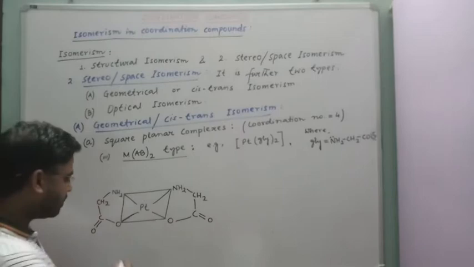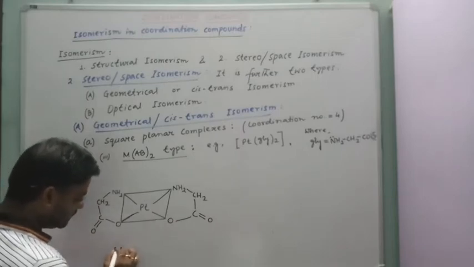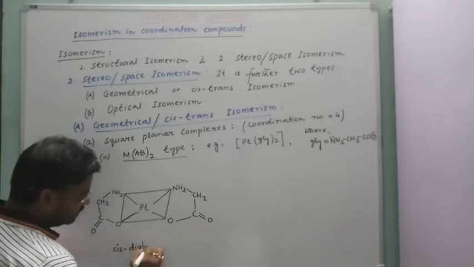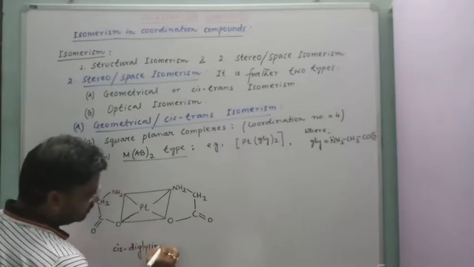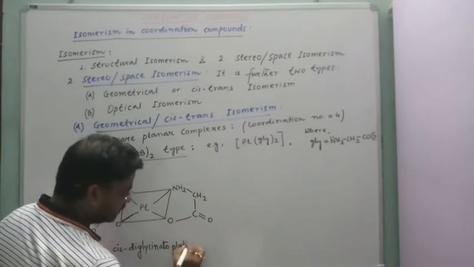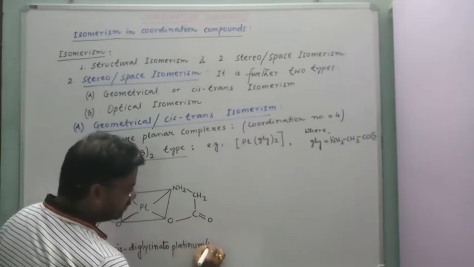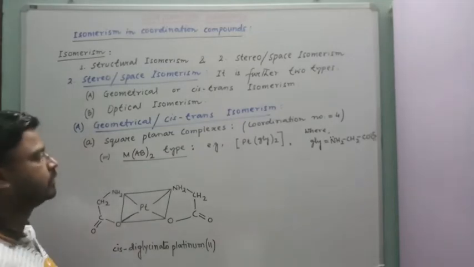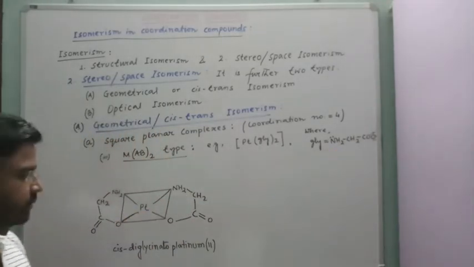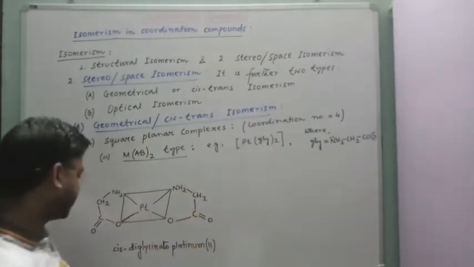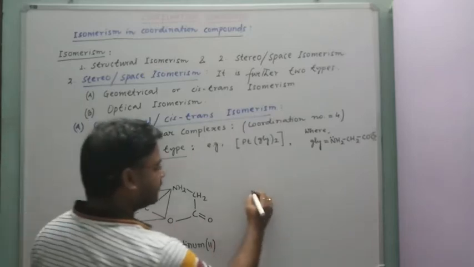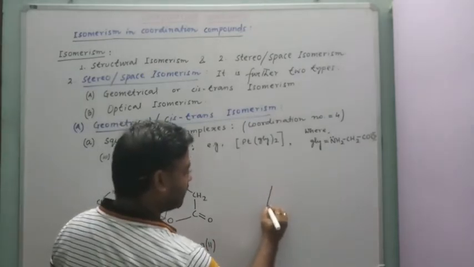So the name of this compound is cis diglycinato platinum 2. So glycinate ion contains 1 negative. So 2 glycinate ions, 2 negative. So -2 is a +2. So cis diglycinato platinum 2. Similarly, its trans form is